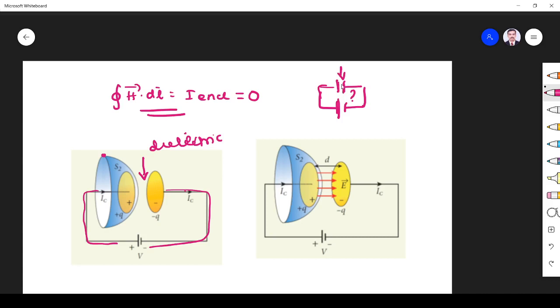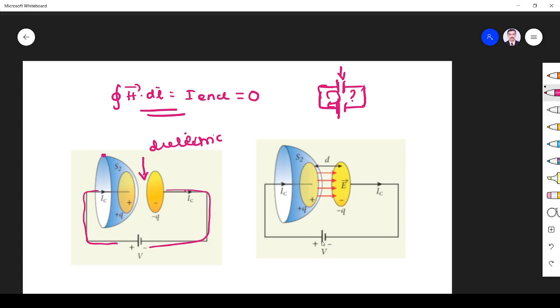It's a plate. In between the plates there is no connection. It is free space. Whether current flows through that, we know in an open circuit current will not flow, but it is acting like a closed circuit, and current will flow through this circuit. How is it possible? That's what Maxwell's theorem can explain.